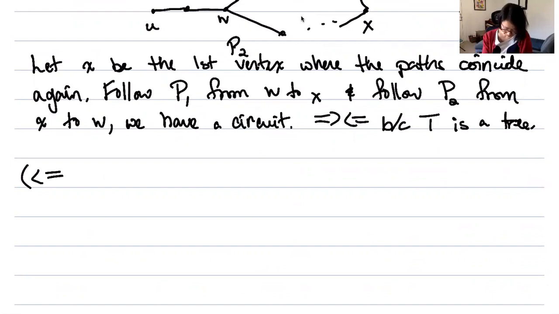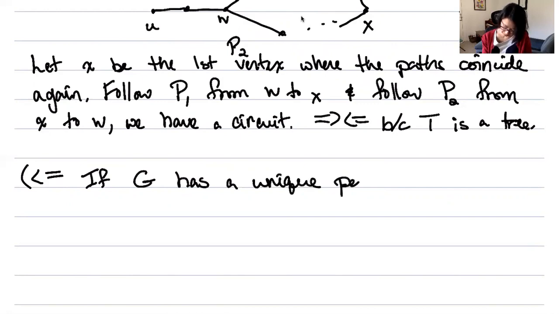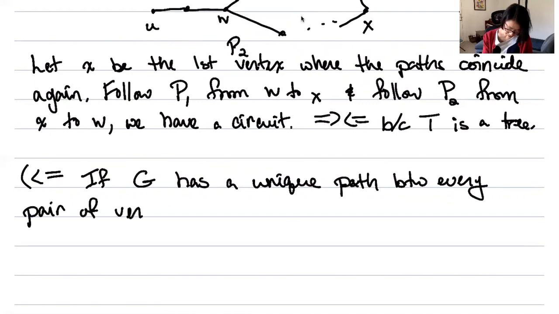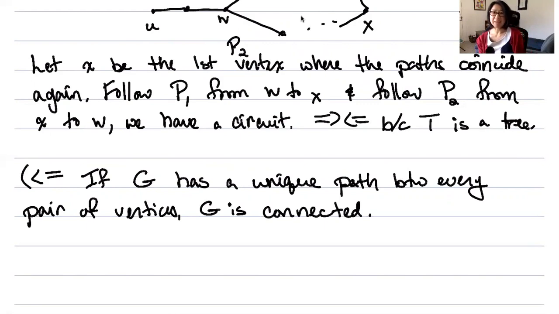So if G has a unique path between every pair of vertices, then G is connected. And I claim G can't have any circuits,